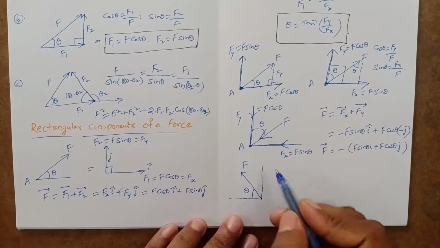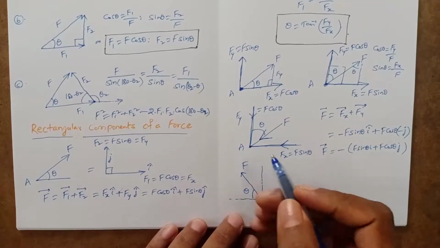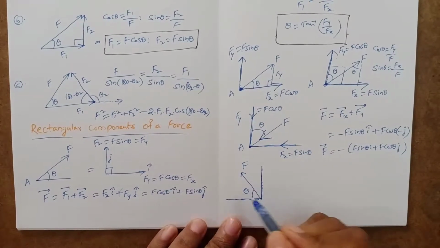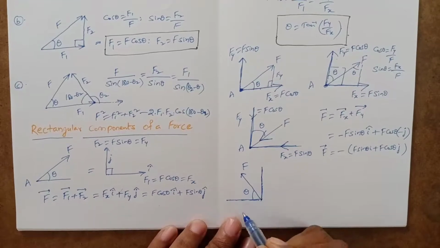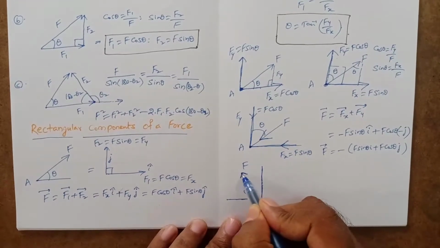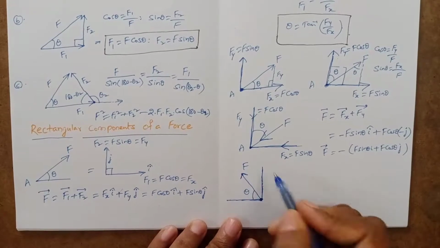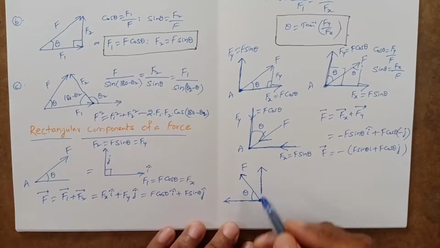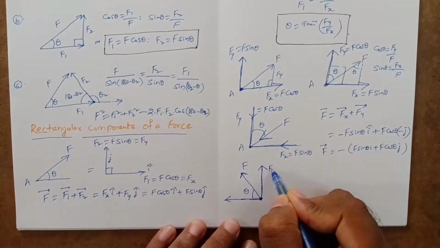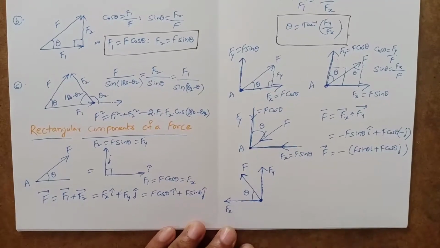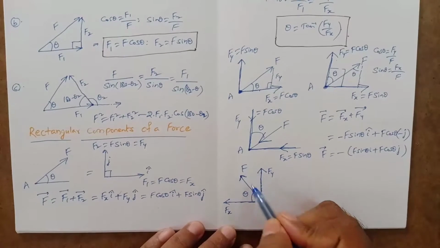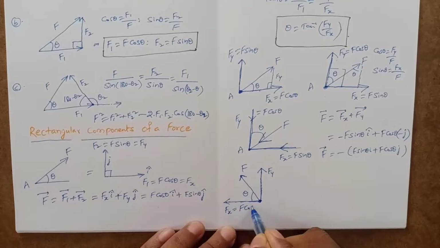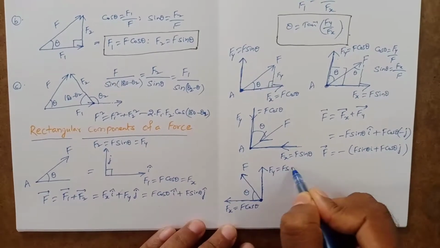Now this theta, so now two components are, because it is in second quadrant, its two rectangular components are, one is this, other is this, because the angle between them must be 90 degrees, because they are the rectangular components. And here the arrow of this force F is acting away from this point, and both the arrows must be away from this point, right? And here this is acting along y direction, you may say it as y component, acting along x direction, x component. Since this force F is making an angle theta with this component, it will become cos component. That implies Fx equal to F cos theta, Fy equal to remaining is F sin theta.